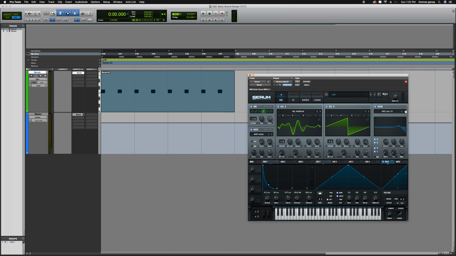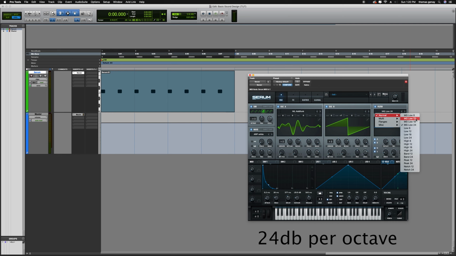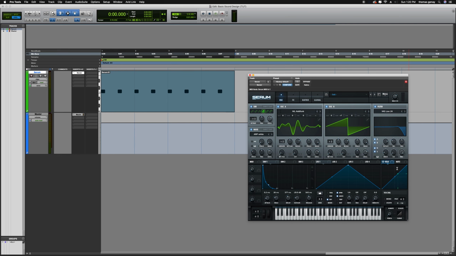Let's add some filter on it, and I want to make it sharper. So I went in here and I just went from a 12 band low pass, I'm not sure how you say that, but anyways, I went up to 24. That's just going to be a steeper curve here. Let's go a little less resonance, turn up some drive and fatness, and turn this cutoff down. And let's take another envelope, go to the cutoff,